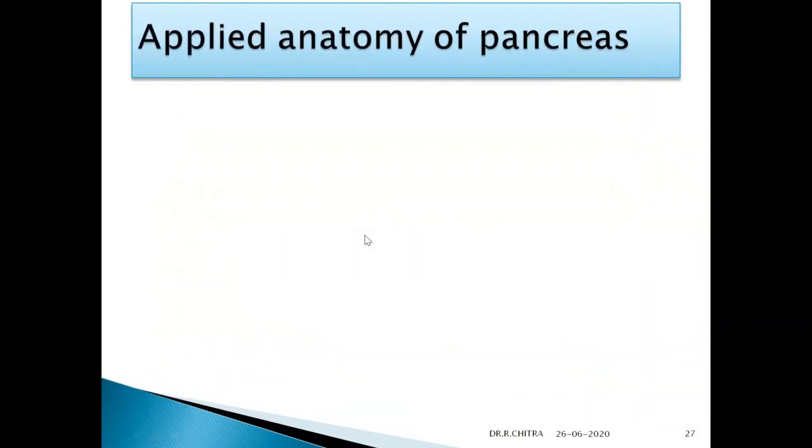Now we will come to the applied anatomy of the pancreas. Annular pancreas. In any applied anatomy, if you try to write like congenital, infective, then lastly the tumors, that will be the easy way to remember. So here, annular pancreas is a congenital abnormality formed because of the non-fusion of the ventral and the dorsal pancreatic buds, so that they surround the second part of the duodenum.